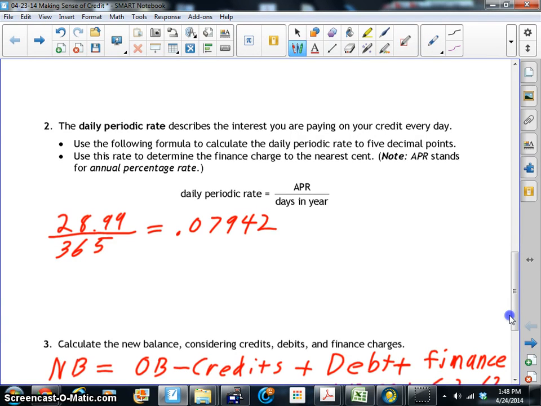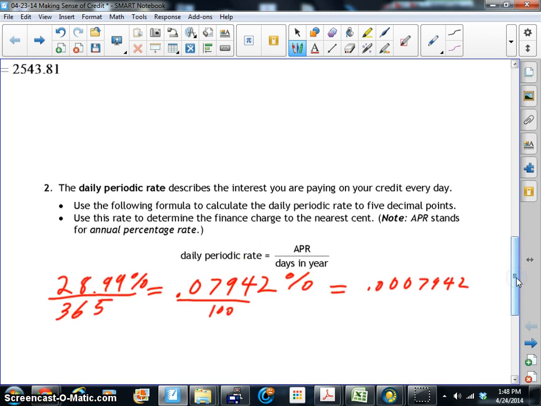0.07942. Remember, these are percentages. Now when you go ahead and do your multiplication, you're going to need to go ahead and change this into a decimal. So you divide that by 100. This gives you 0.007942. If you go ahead and take the daily amount, which is $2,543.81, and multiply that by 0.007942, this gives you